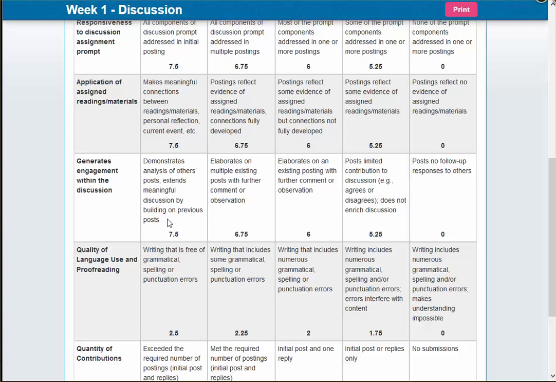I'm not looking for a response that says, "Good job, I agree, good luck in the class." Those things do not generate engagement. When you read somebody else's post, I'm looking for you to continue that conversation. If you agree, explain why you agree and what it's based on. Is it based on some reading materials? Can you pull some of that into your response to them that shows why you agree? Or maybe you disagree because of something you read. Pull that information into your response so that the person can see that.